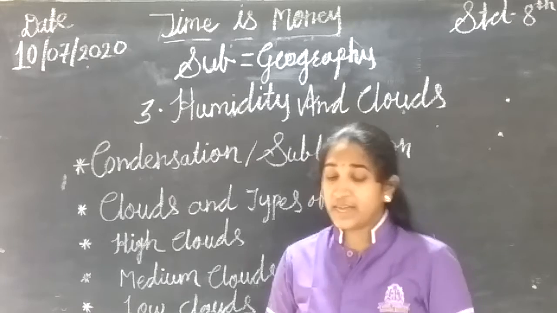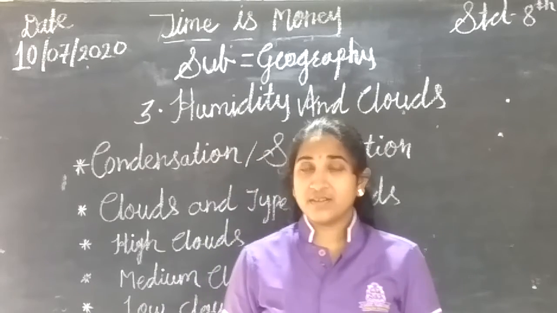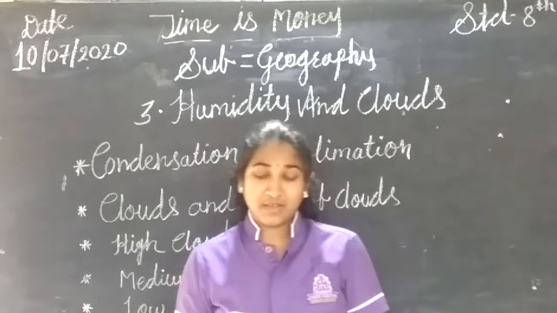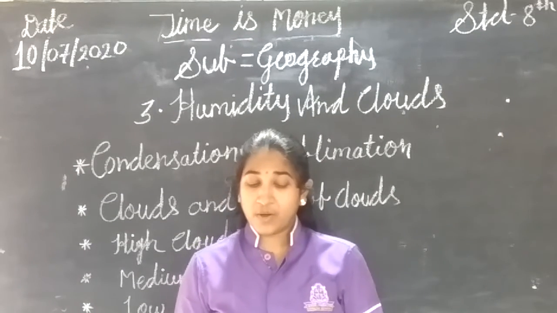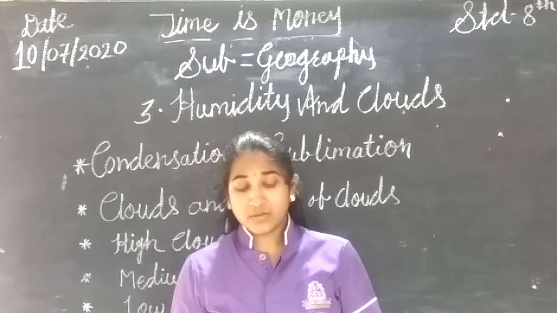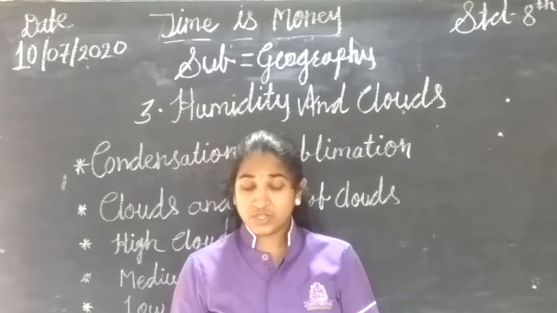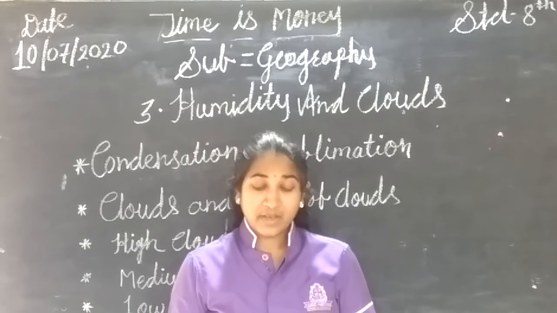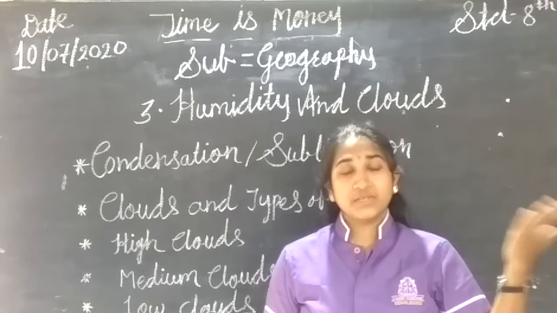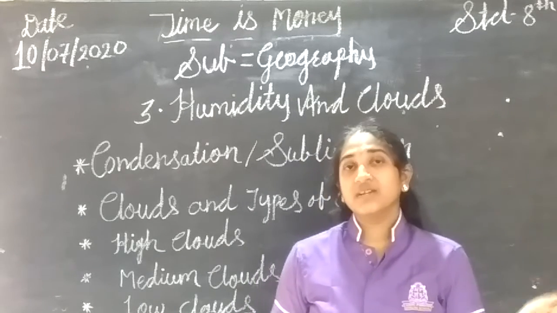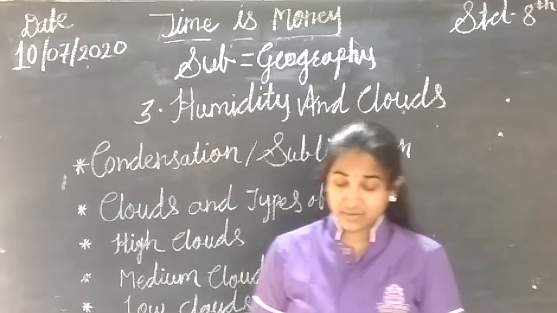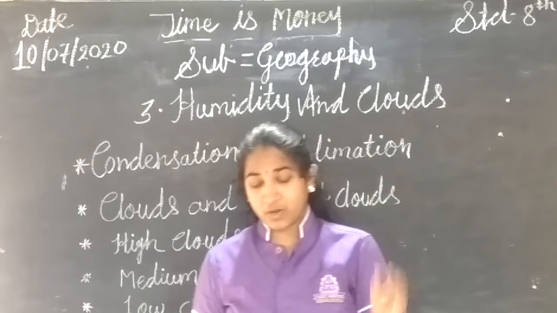Next, the cloud and types of clouds. Clouds are a form of condensation at higher elevations. That we already learned, they are very high from the earth. Always remember, there is a difference between fog and smoke fog. Fog is made up of vapor in the air only. Smoke is a combination of dust particles of polluted air in the region and fog. See, fog is made up of vapors, but smoke is formed by the dust particles of the polluted air. That is the difference between fog and smoke.